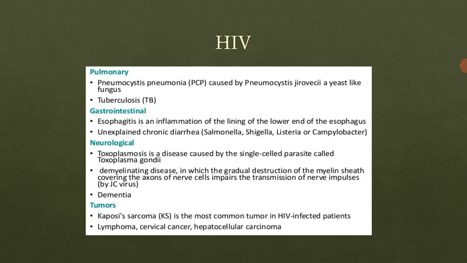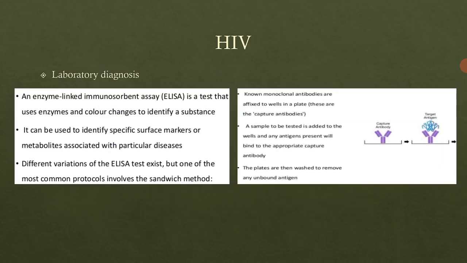Then we saw the symptoms for the various infections that can accompany the HIV infection in the host. Those infections can be pulmonary diseases, gastrointestinal infections, neurological diseases, and tumors. Okay. Then in this online lecture, we will see the laboratory diagnosis of this virus. That means how we can determine or identify the presence or absence of this virus in the blood sample, in the test sample of the person.